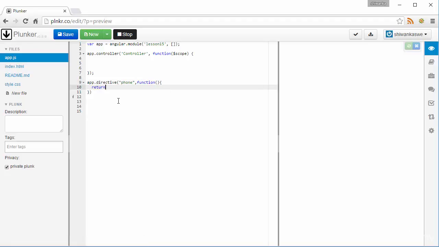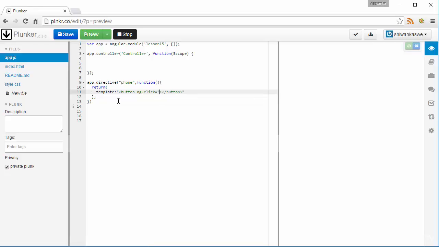In this one, I'm going to return HTML components and template, and in this template I will return a button because I need to call a function. In this button I'll add an event called ng-click,